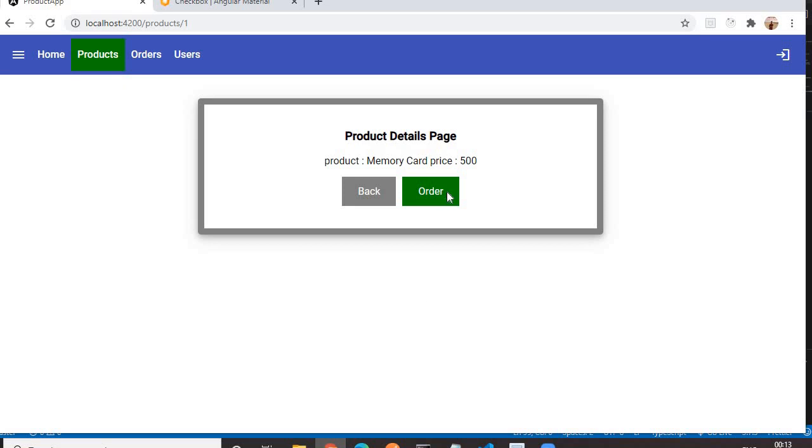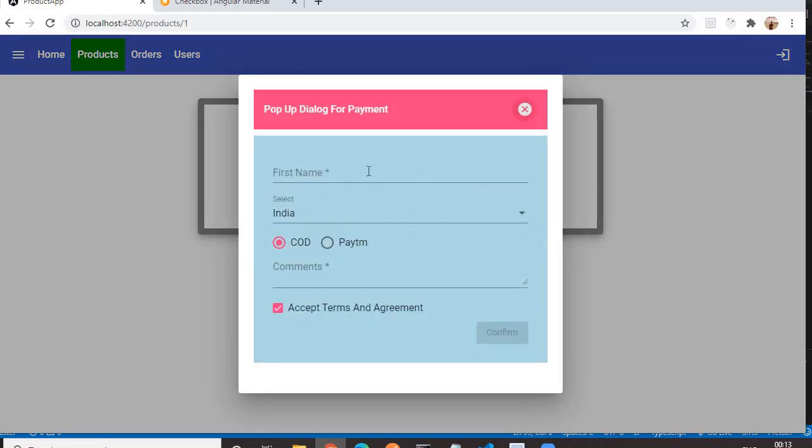Okay, so we will go to the order component. Let me type the same thing, same story. Order. Now on click of confirm, I want my form to be reset. Whatever is chosen or written, everything should get reset. Click on confirm. See, everything is getting reset. Whatever I have written for the first time, whatever is selected in the select, whatever is checked for the mode of payment, everything gets reset.